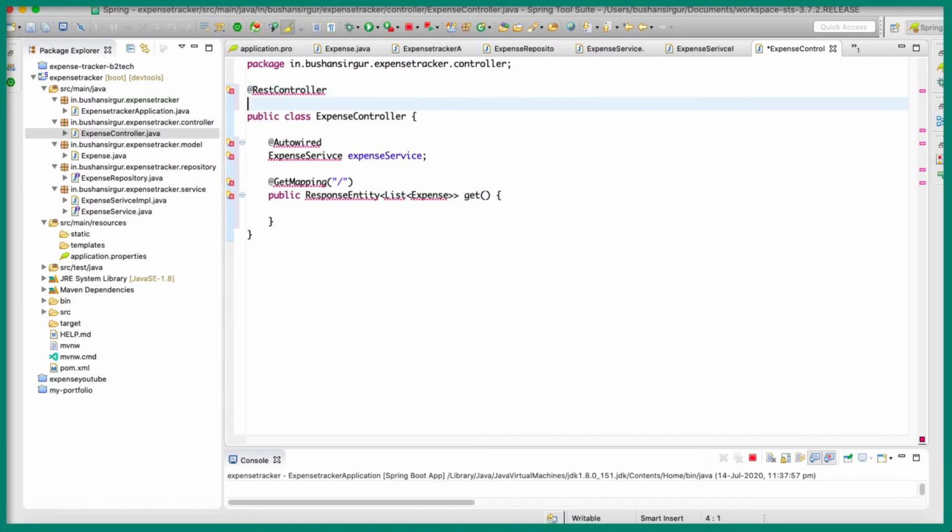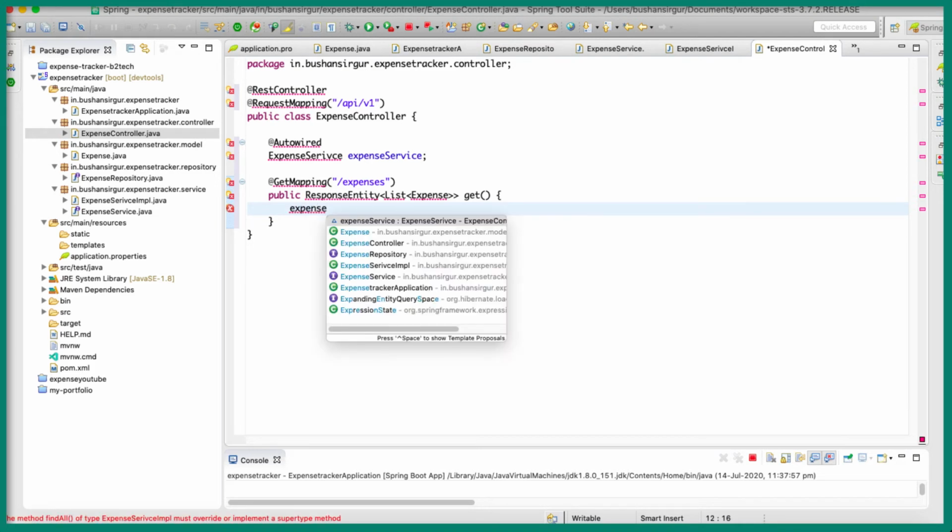At the class level, I'm going to add the request mapping. Since this is an API, I'm going to call this /api/v1. v1 is nothing but version 1. And I'm going to add the request mapping as expenses. So inside this, we're going to make use of the expense service to call the findAll method.